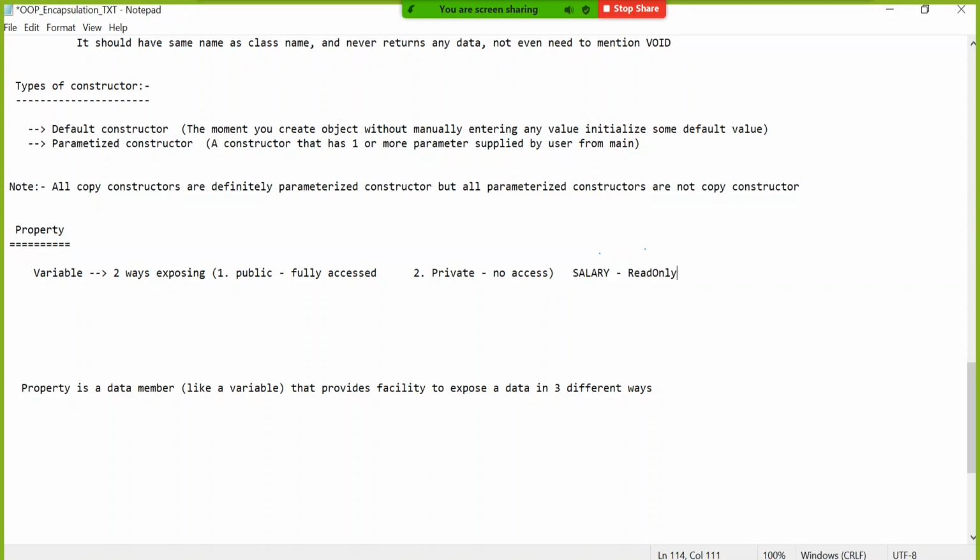Read-only means you just see it, you cannot modify. Otherwise, if you give read as well as write permission to an employee about salary, nobody will make it less than 10 digits. So you don't get the permission to modify the data called salary. But if you are taking a variable called salary, unfortunately, either you are giving full access, that is somebody will see also, modify also, or if you are making it private, you are saying you cannot see also, you cannot modify also.